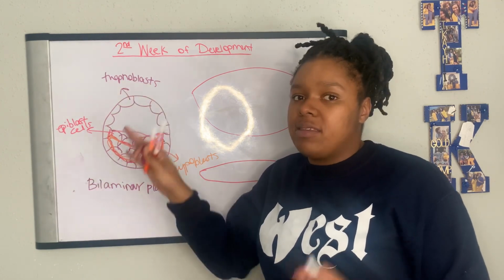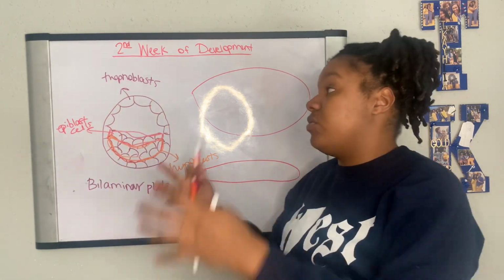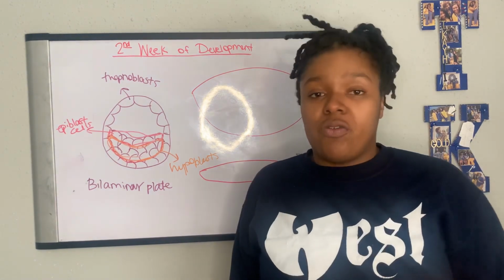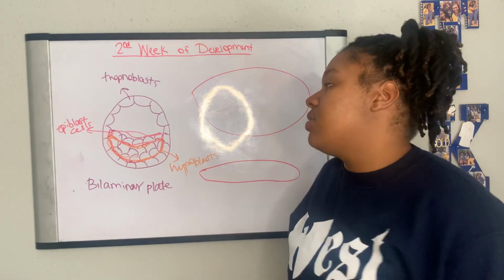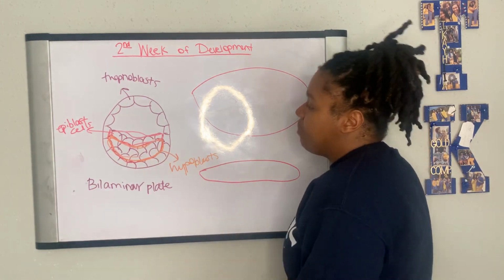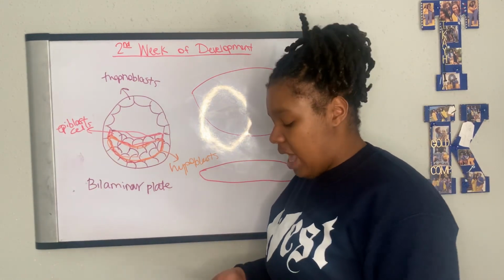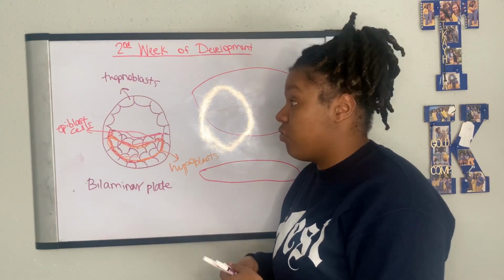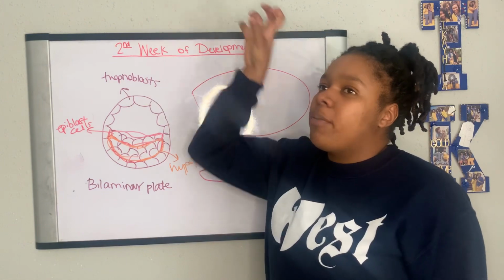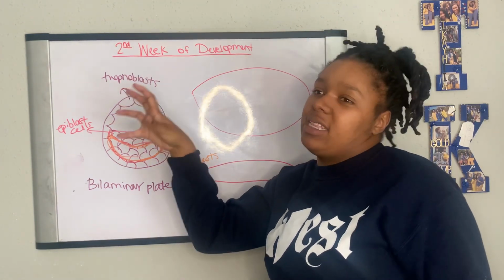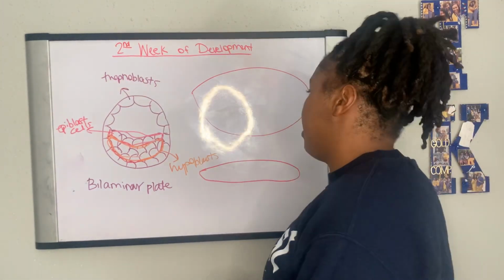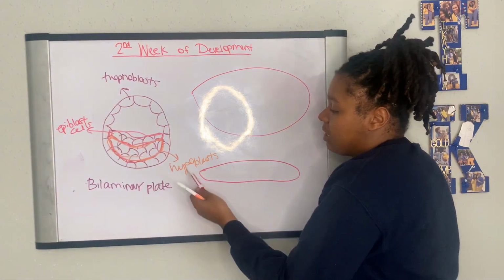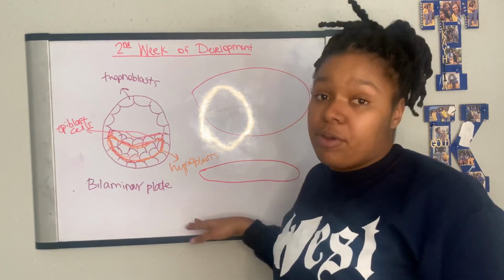And when those trophoblasts embed into the uterine lining, they eventually fuse together. And when they fuse together, we call them syncytial trophoblasts. Okay? So that's kind of what's happening with the egg at that time frame: these trophoblasts are fusing together to become syncytial trophoblasts, so they can form a better attachment to the uterine lining. So once they all fuse together, they do that. And then you have the epiblast cells forming into epiblast cells and hypoblast cells, and that's where your bilaminar plate